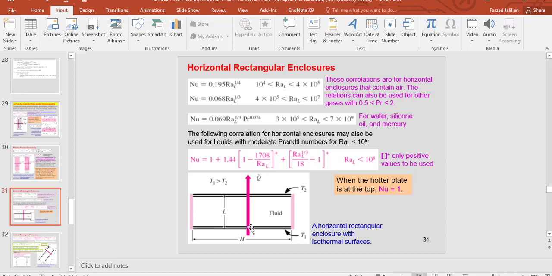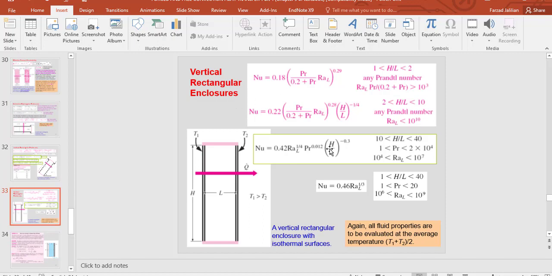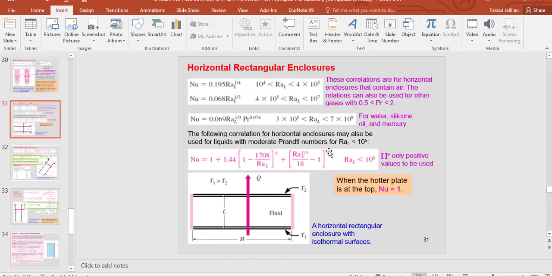In terms of the orientation of the enclosure, they can be categorized into three types: horizontal rectangular enclosure, inclined, which has a tilt angle with the ground surface or horizontal line actually, and vertical rectangular enclosure. Now we will see how we can calculate the Nusselt number for these three different types of orientation of